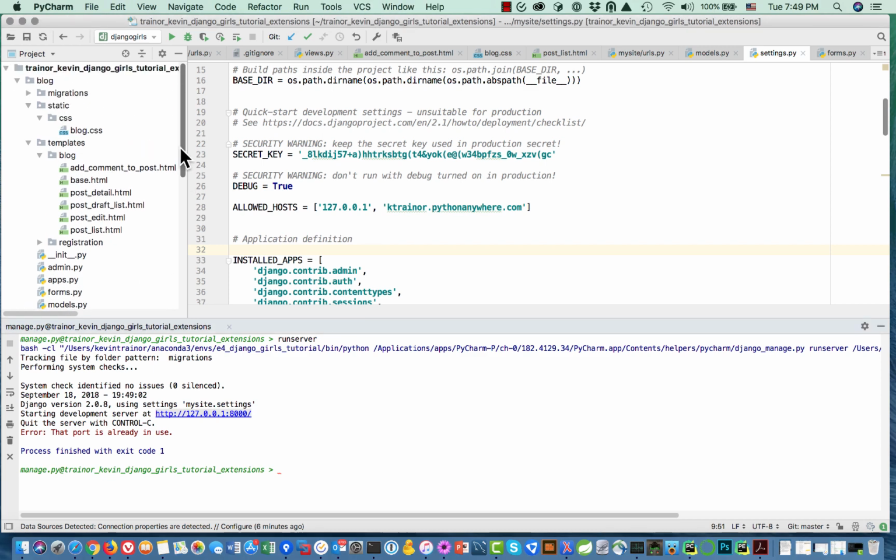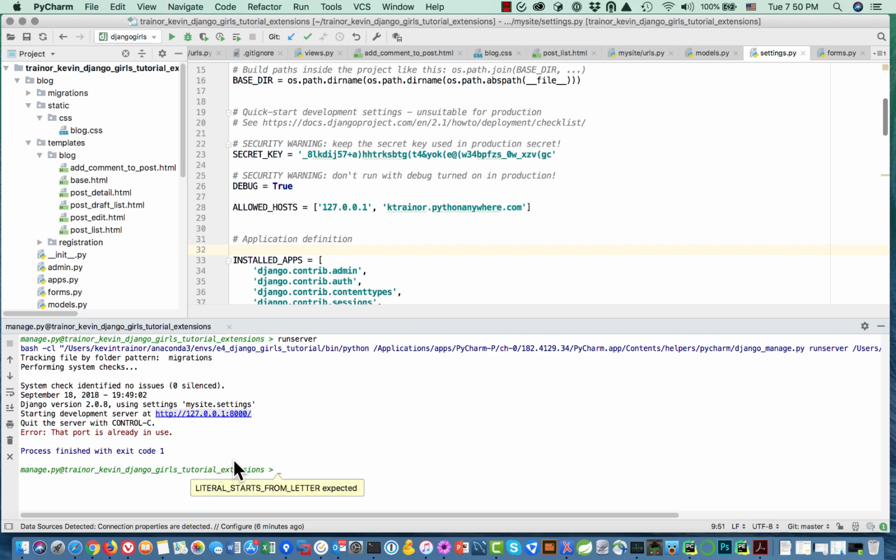Roger's argument is that the general convention is that the name of the outer directory and the name of this inner directory should match. That's not what the Django Girls did, but that's basically the way that projects are generated out of PyCharm when you generate them there naturally. So if you want to do that and not have to worry about the configuration, well then that's fine. But if you haven't been